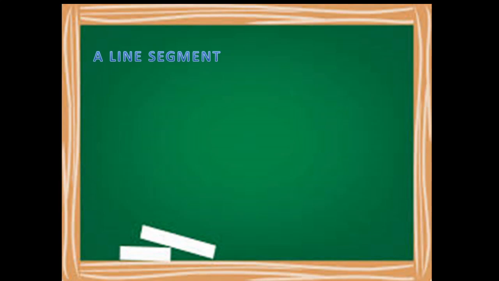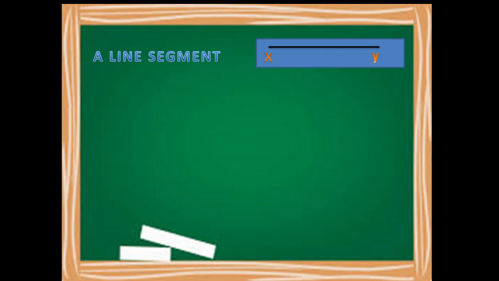That is a line segment. Now what is a line segment? What is the difference between a line and a line segment? Students, a line, as we have learnt, has two arrowheads on either side. Now, a line segment doesn't have arrowheads on either side. It has endpoints which are named on either side. There is no arrow for a line segment.